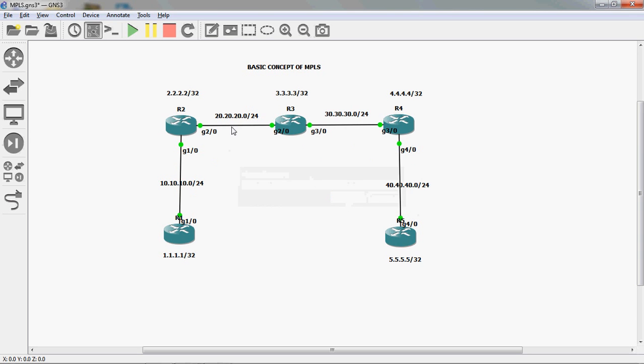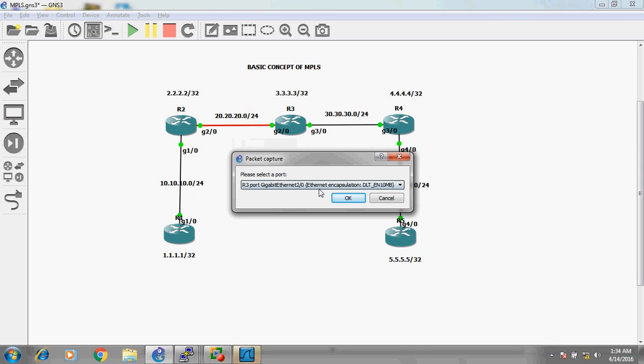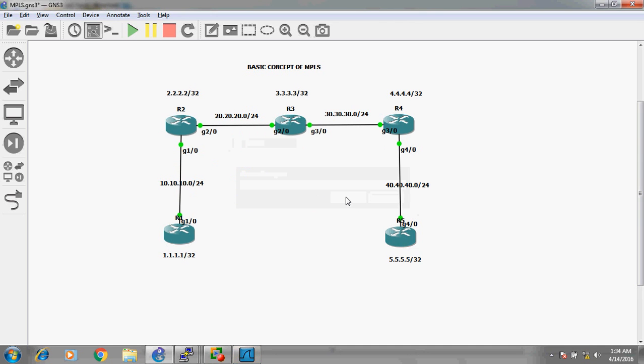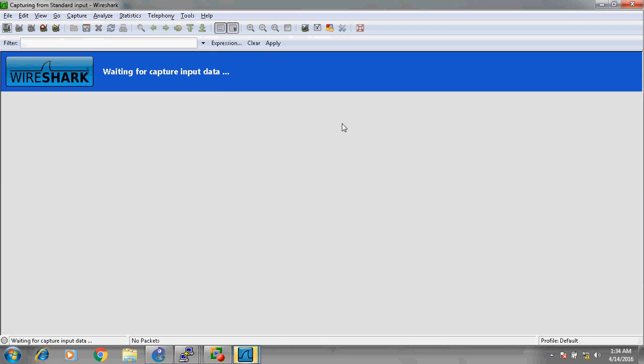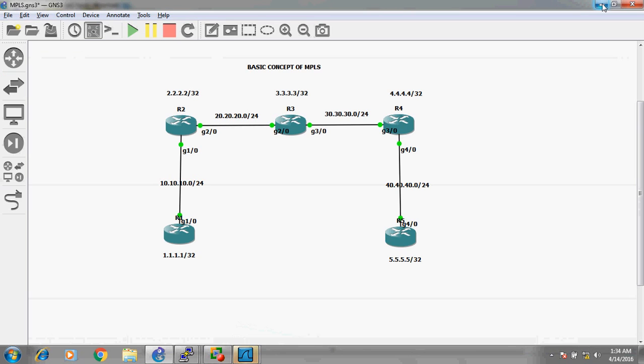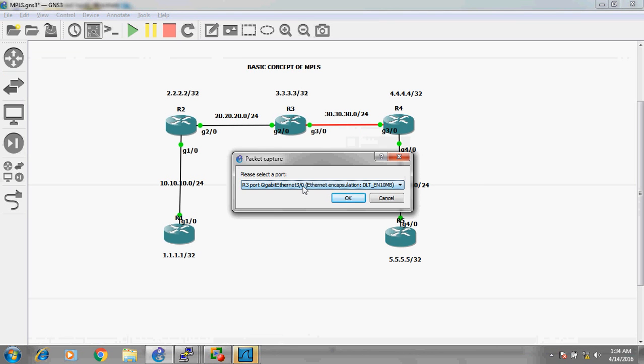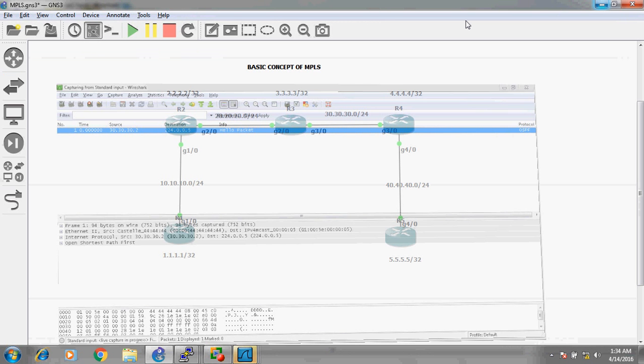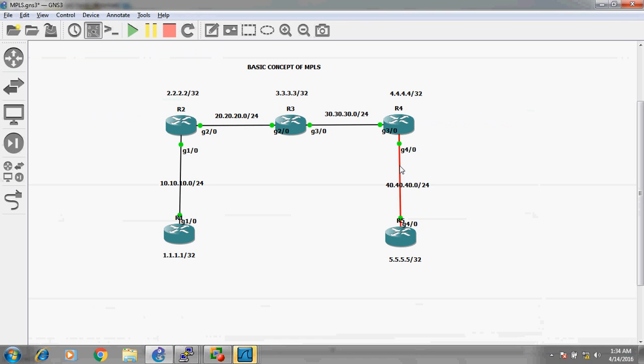Next R2 to R3, next R3 to R4 interface, and next R4 to R5, I capture through Wireshark.